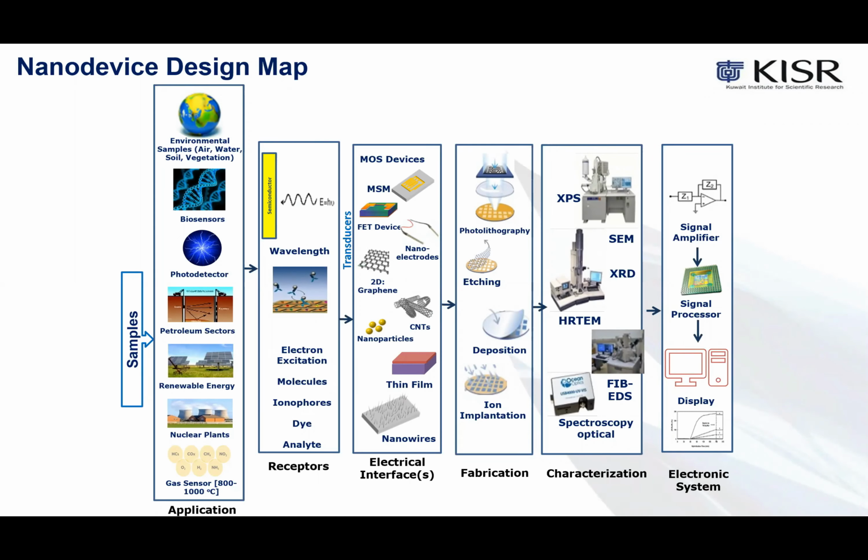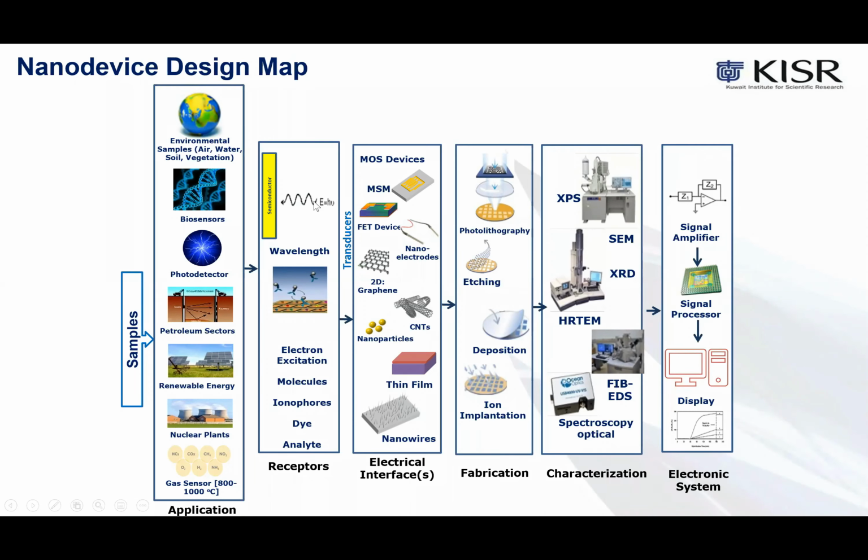Therefore, to measure the sensitivity of any application, there are three major modules that need to be recognized: a receptor, an interface, and finally the detector with a digital electronic system. So the target molecule here will be attached to the receptor to detect a molecule by a particular reaction. Then the transducer will convert the detection into an electrical signal determined by the detector.